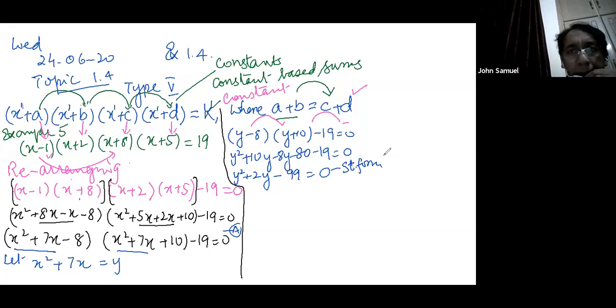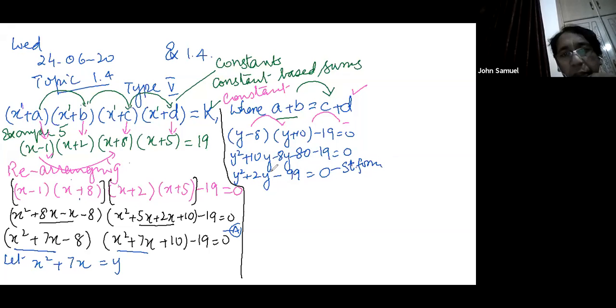Okay, fine. If there is any ambiguity, any question, any query, you can ask. Here, now you have the option. You can make the factors, you can use the middle term break, or you can use the factorization process, you can use completing the square, or you can use the quadratic formula.